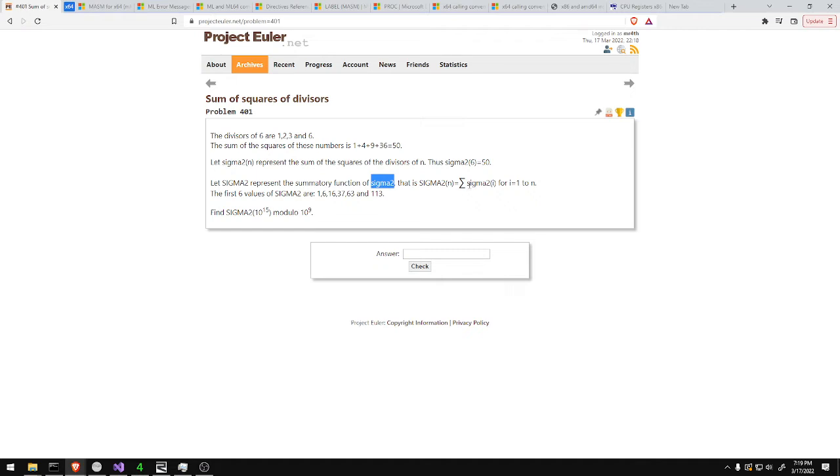So it's basically what happens if you take sigma 2 1 plus sigma 2 2 plus sigma 2 3 all the way up to n. And then it shows the first 6 values, so like 1, then 5 more, and then 10 more. Eventually we'll find right here it went up by 50. That's when we added in sigma 6. And then it asks you this crazy thing. Find sigma 2 of 10 to the